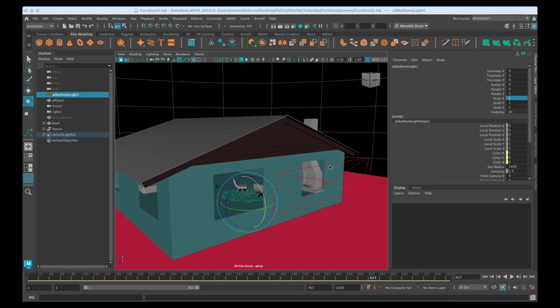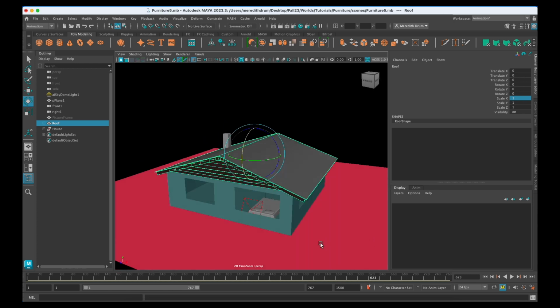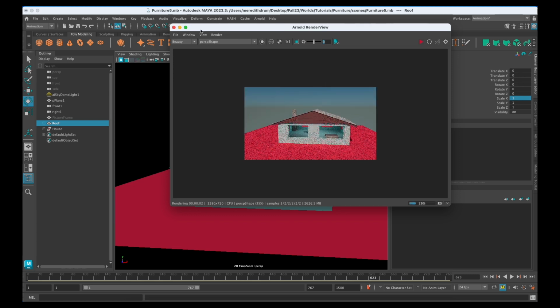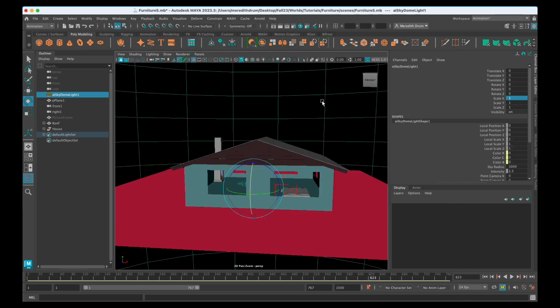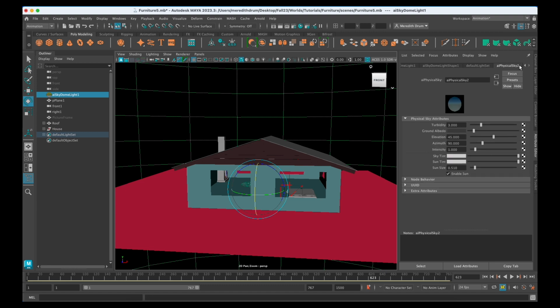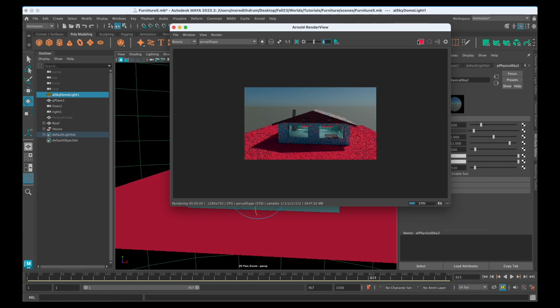So I've built a roof here, and I'm going to do that with you, but just so you can see it. There it is, and if we render it, the sun is facing this side, just so you know. If you ever want to play around with that, you can click on the sun and look in the attribute editor, and let's look at the AI physical sky. It's the azimuth. So elevation is up and down, sort of, and azimuth is kind of east and west. So if I spin that around and re-render, so that's the last render I did, and then if I re-render, you'll see that it's dark on that side.